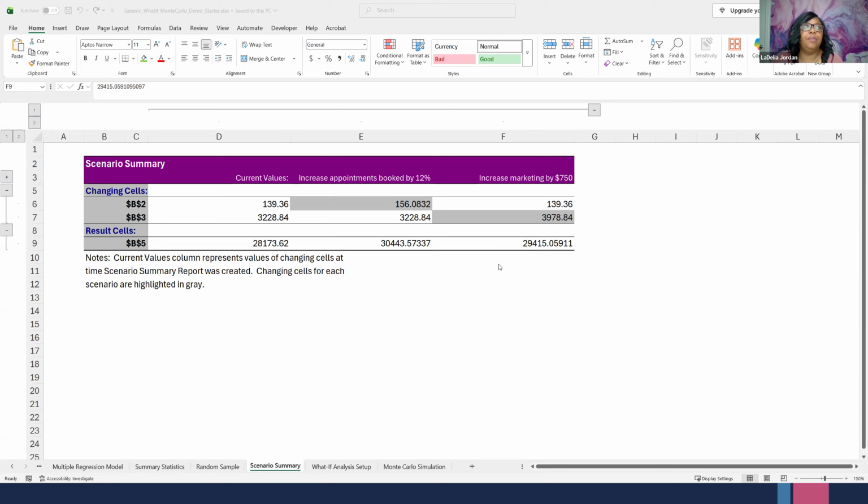$1,241. Now, the appointment scenario produces the largest predicted increase. It generates approximately $1,000 more predicted revenue than the marketing scenario. Now, comparing those fixed scenarios with the Monte Carlo simulation, which we have here,